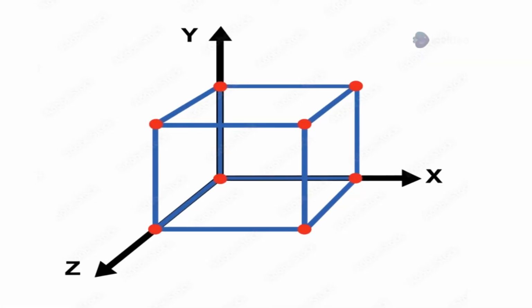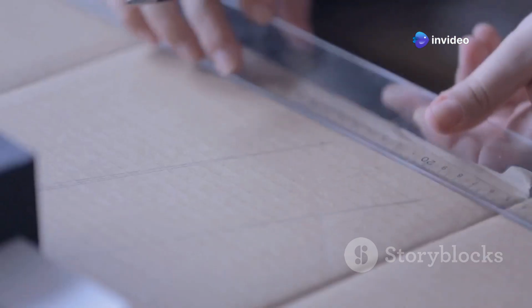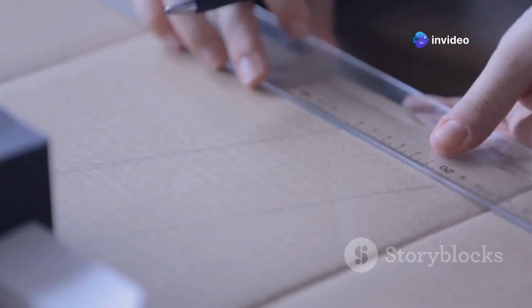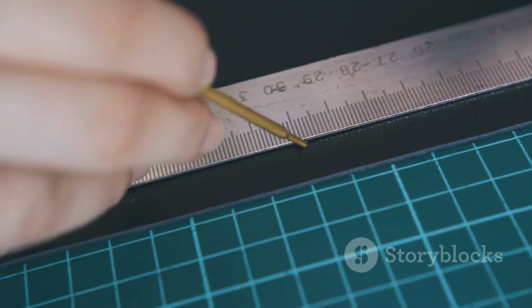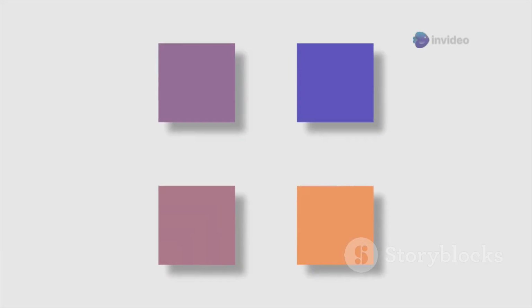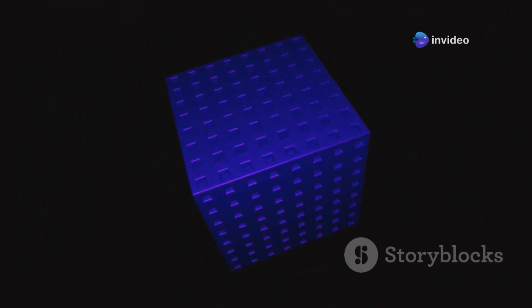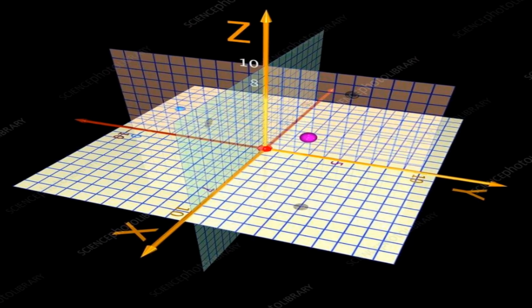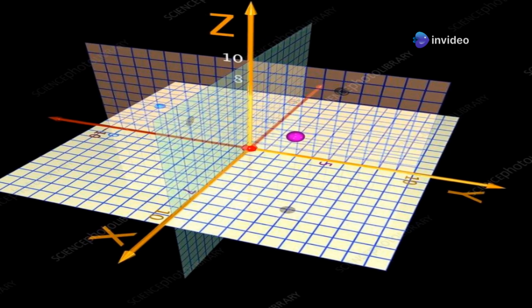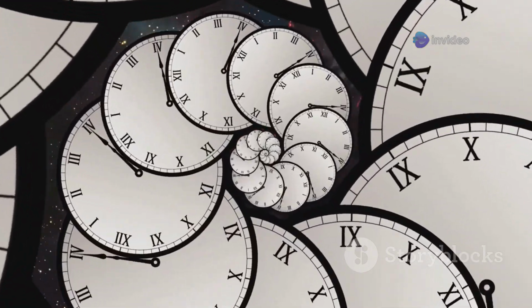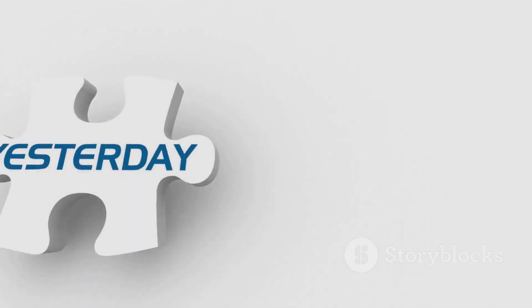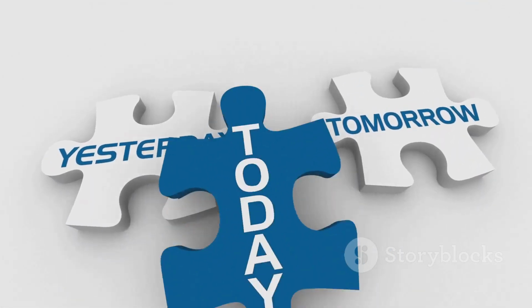To understand time as the fourth dimension, let's first talk about dimensions. A dimension is a direction in which you can move or measure something. A one-dimensional object, like a line, only has one dimension: length. A two-dimensional object, like a square, has two dimensions: length and width. A three-dimensional object, like a cube, has three dimensions: length, width, and height. The world we live in is three-dimensional because we can move through these three directions. But time is often called the fourth dimension because it adds something new: the ability to move or measure events in the past, present, and future.